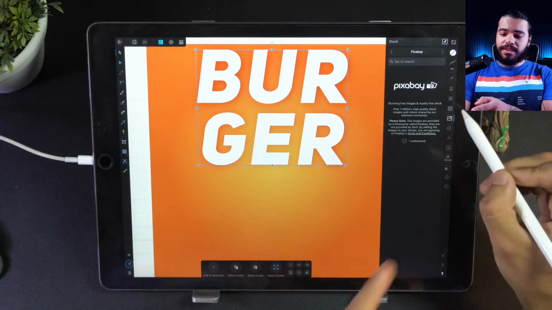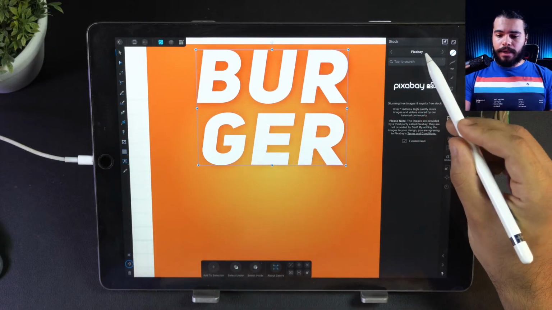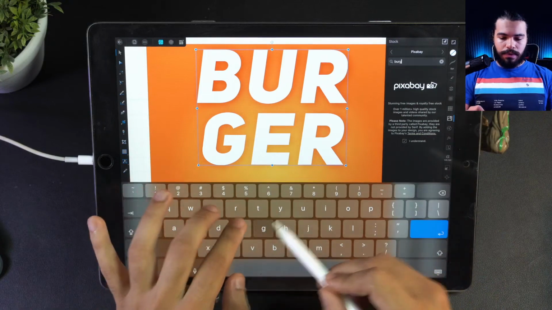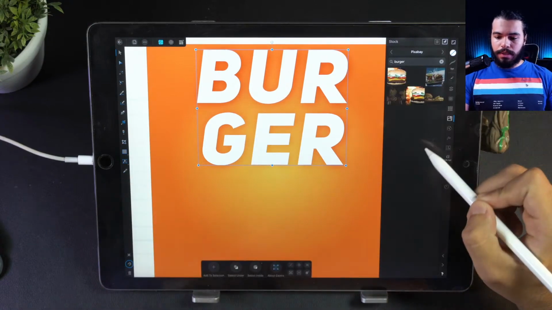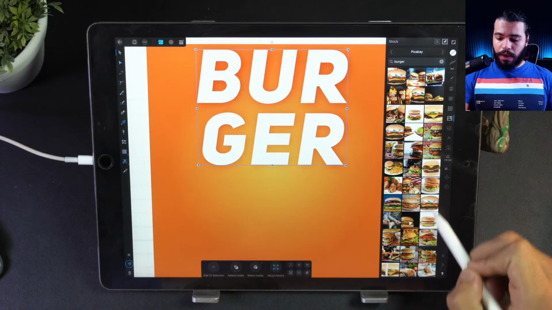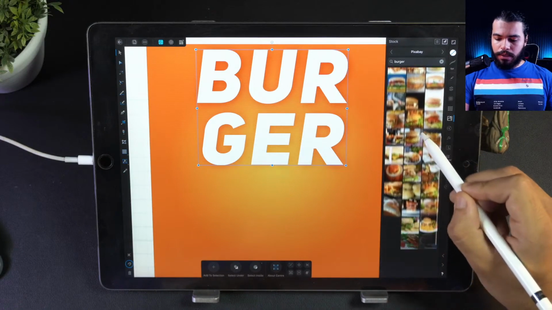And my suggestion is there is an option here in the stock, as you guys can see, and you can type here, let's say burger, just to see if you can grab some references. And look, we have a lot of references. I like this one already. Look, we have some options. I think this one is very good, but you guys can